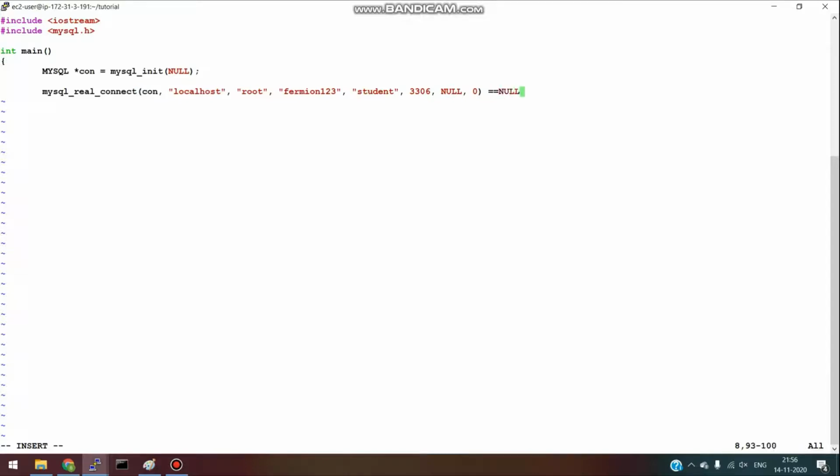So we can print an error if it fails to connect with the MySQL server. Any error encountered while calling this API, you can print through the mysql_error function.